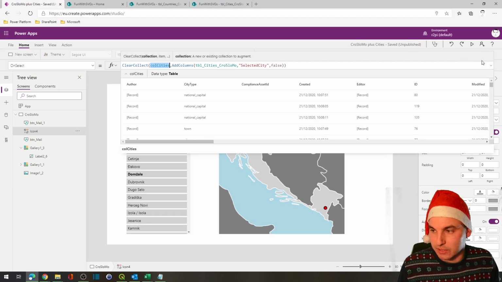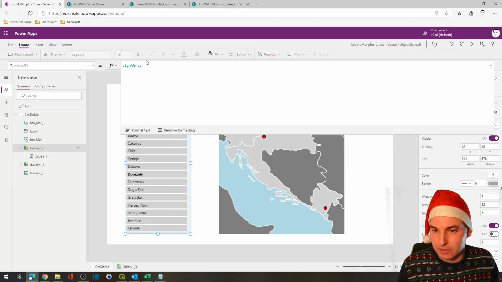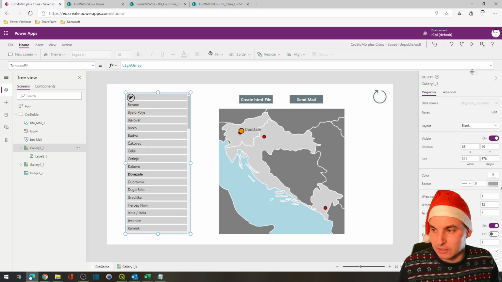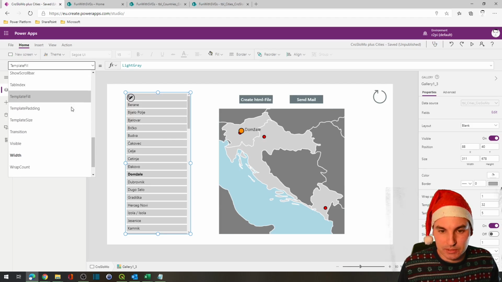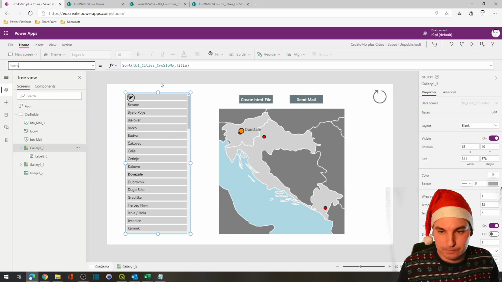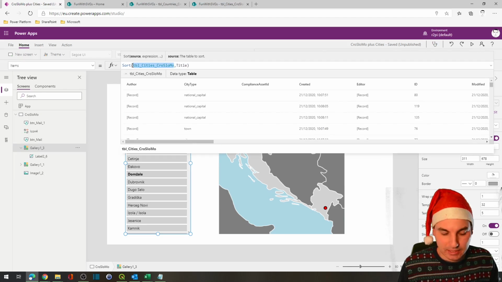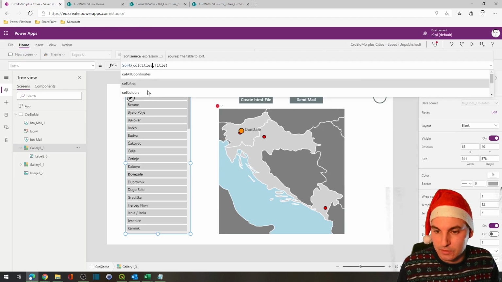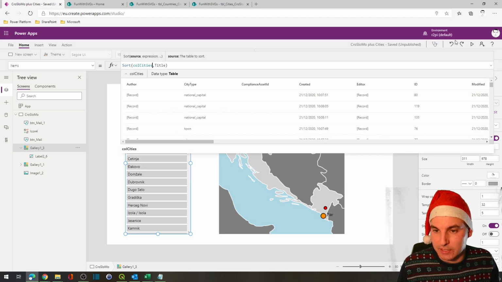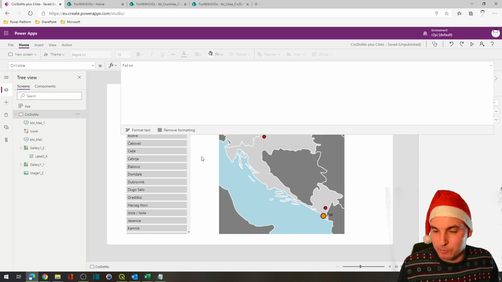So we have a collection of cities now, and we will link the item property to the new collection, which should look exactly the same. So nothing changed at first,